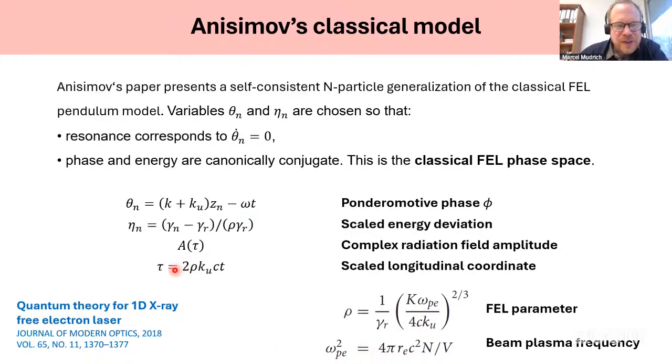Yeah, so it has the same structure. I tried to really relate the two models with one another. Essentially, we have the phase defined in the same way as the phase phi in our previous derivation. Eta is this energy difference. In this case, A is a complex radiation field amplitude, and